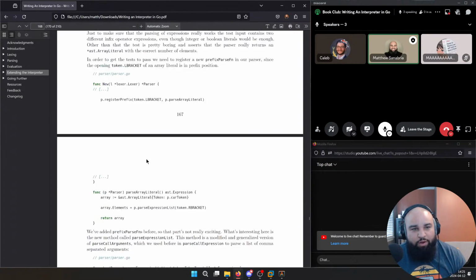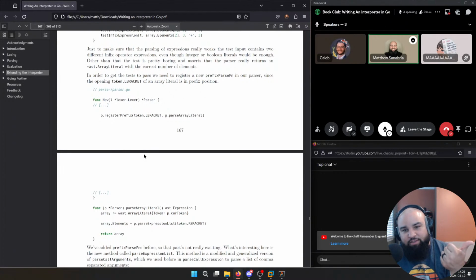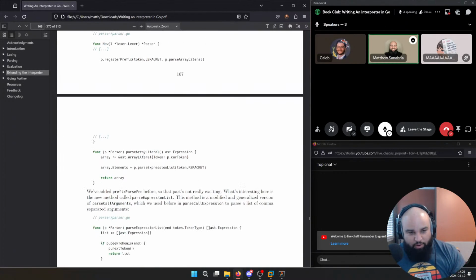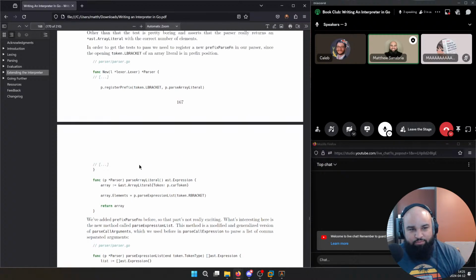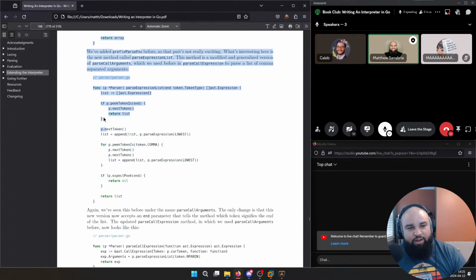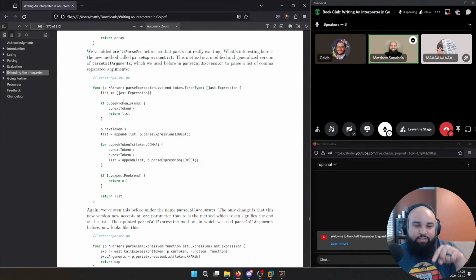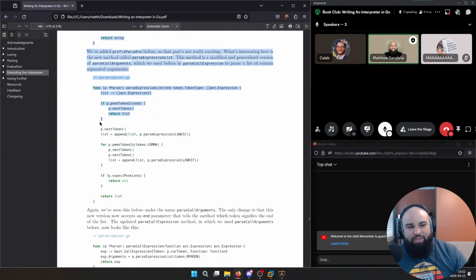actually pretty interesting. One, to support arrays, again, we need to lex the tokens. Then we need to parse the tokens, and parsing tokens is pretty straightforward. You just iterate again and again and again, which is what he's doing here. If you have a left bracket, you build your expression, and then you go to the end essentially, by iterating through each token. And since these are comma separated things, for every comma we get, we build a new expression out of it.